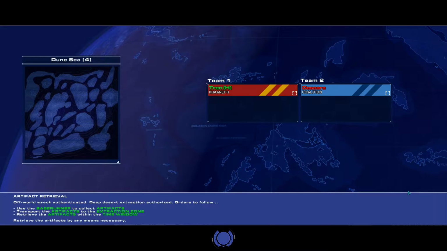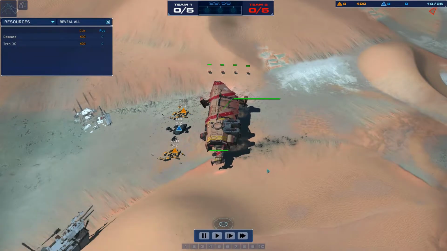Now Descara pushed around Tren on the boneyard in the first game, using his coalition carrier supported by railguns and strike fighters to keep Tren on his side of the map and keep him on the defensive. So it'll be interesting to see how this will play out